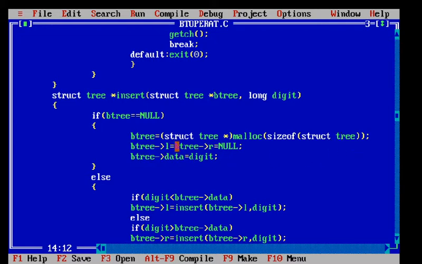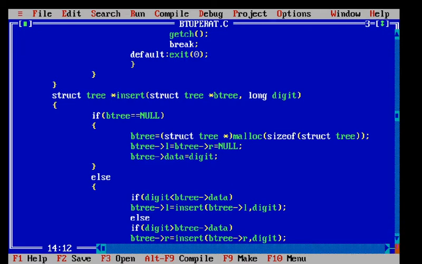Now b tree of L for the left and b tree of R for the right are both assigned null. We assign both the left and right subtrees to null, and we assign b tree of data to digit, because when we create a node, it has three parts. First is the left part, second is the data, and third is the right part of the binary search tree.